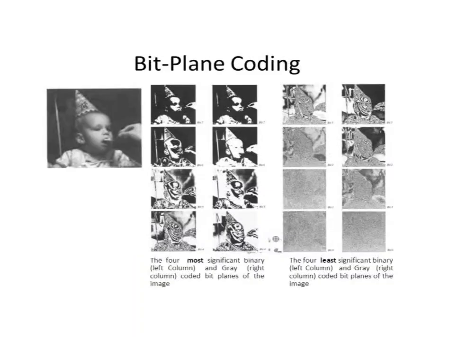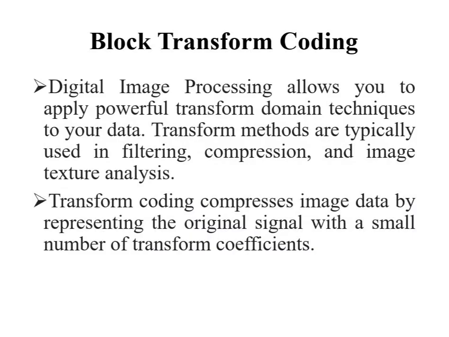In this coding, we consider compression techniques that are based on modifying the transform of an image. In transform coding, a reversible linear transform is used to map the image into a set of transform coefficients, which are then quantized and coded. For most natural images, a significant number of the coefficients have small magnitudes and can be coarsely quantized with little image distortion. A variety of transformations, including the discrete Fourier transform, can be used to transform the image data.